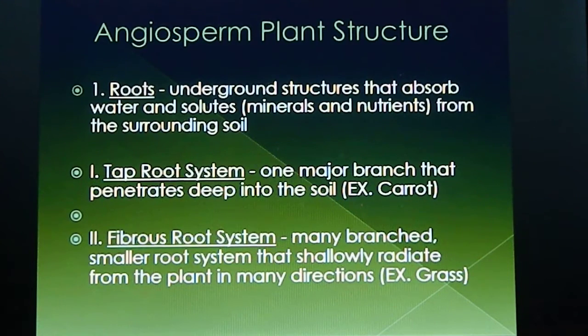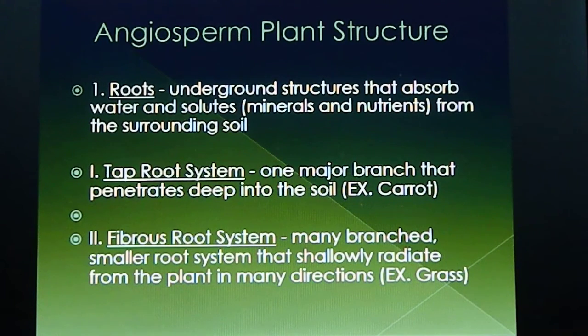Roots are underground structures that absorb water and solutes from the ground, such as minerals and nutrients. And then they take that water and stuff and move it up through the stem to the leaves. There are two types of root systems. There's taproot systems, and these are where you have one major root and then little roots coming off of it, but it goes down really deep into the soil